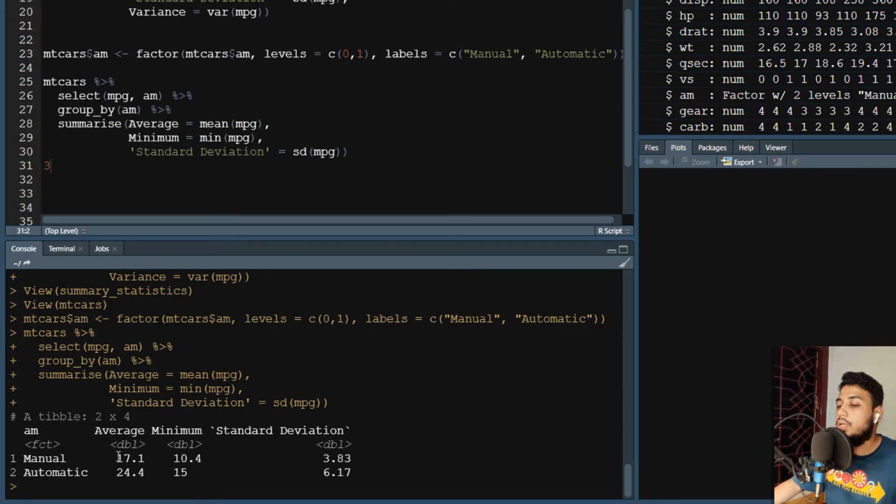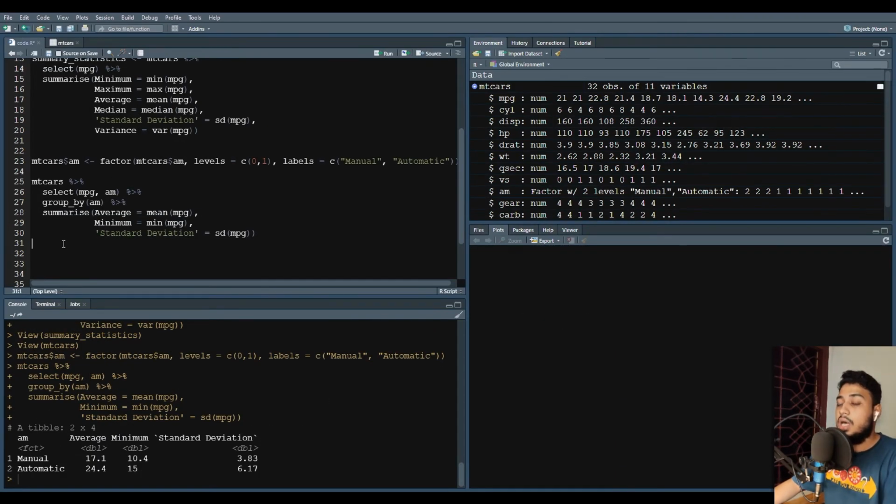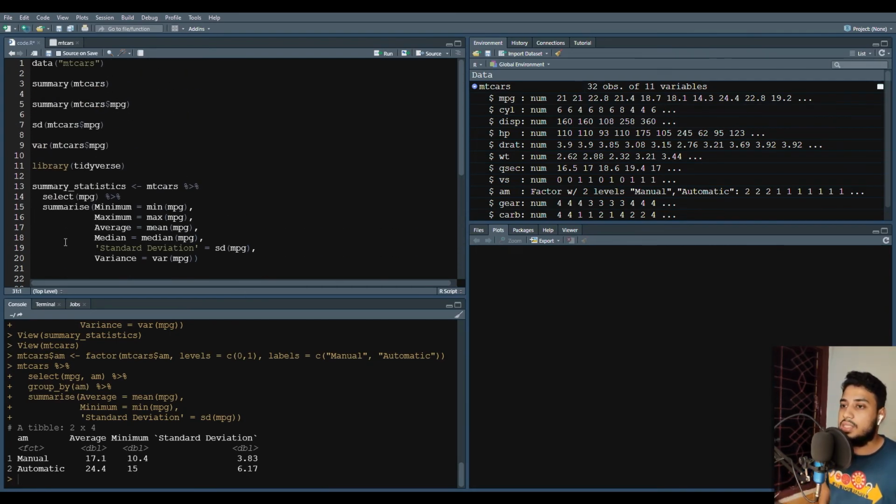The average mileage per gallon is 17.1, minimum mileage per gallon is 10.4, and standard deviation is 3.83. And for automatic gear cars, the average mileage per gallon is 24.4, with minimum and standard deviation. So this is how you can select a variable and then calculate necessary summary statistics for a specific variable,